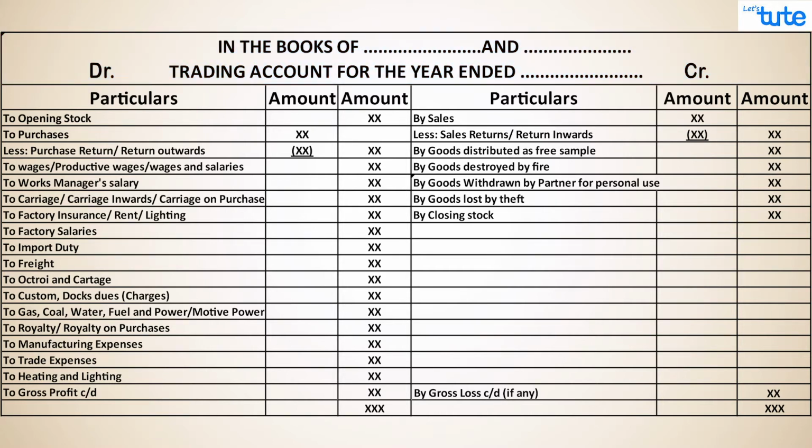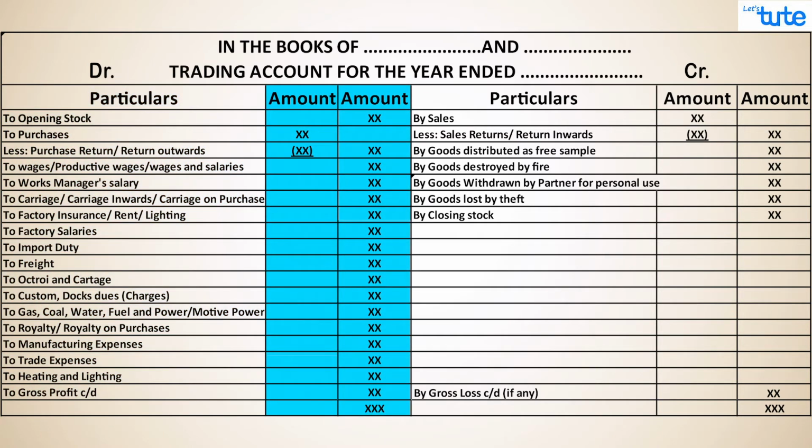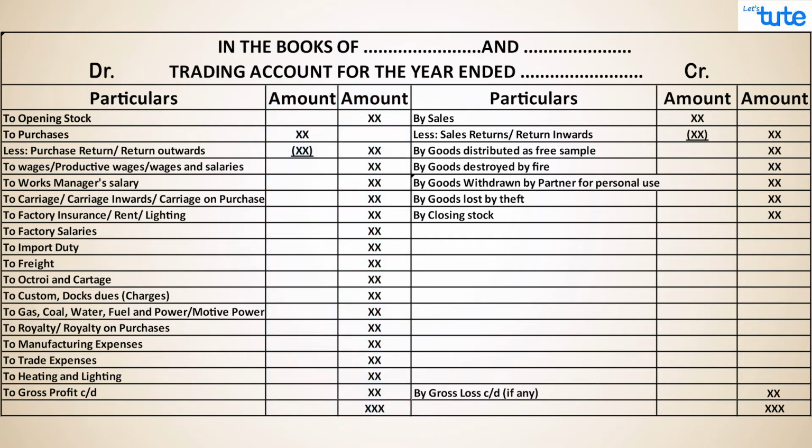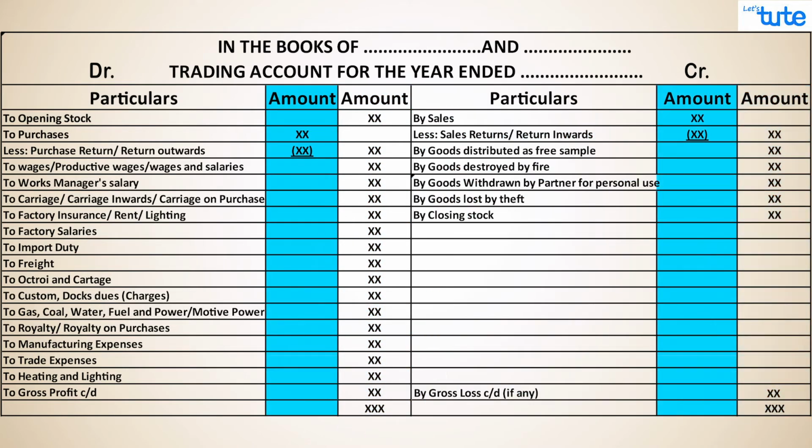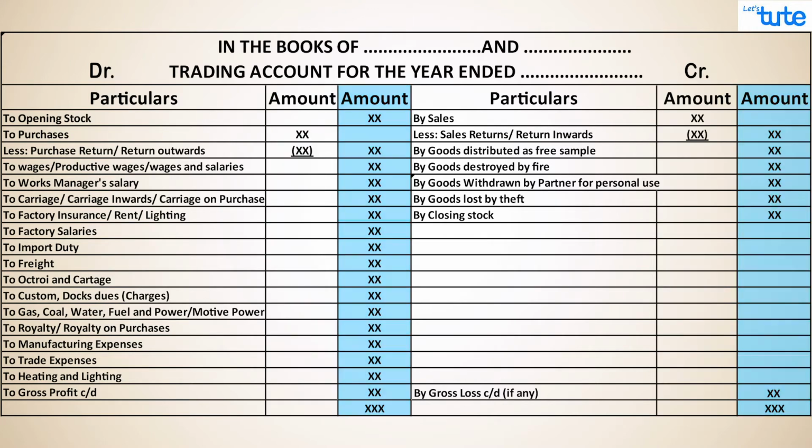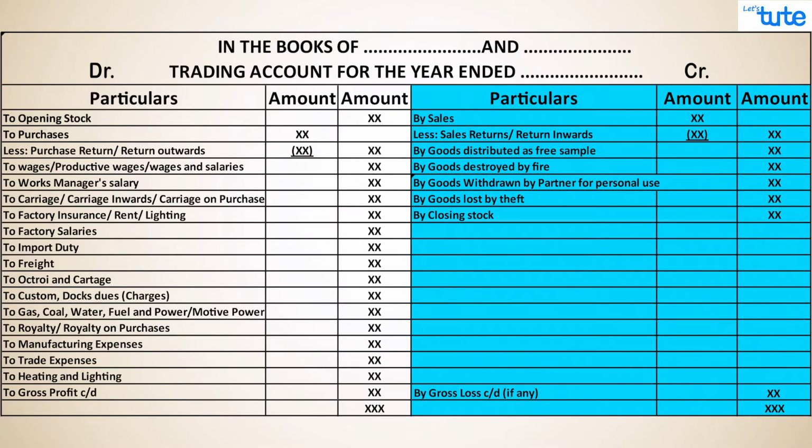Now since this is an account, it will be in T format. On debit side, first column will be particulars, then inner and outer, that is 2 amount columns, and the same on the credit side. The inner column is prepared to give adjustment effect, and then total is brought to the outer column. Since trading account is a nominal account, debit all expenses and credit all incomes.